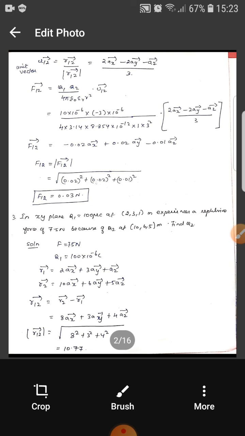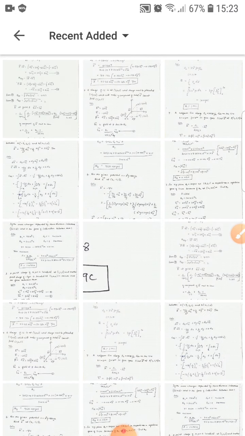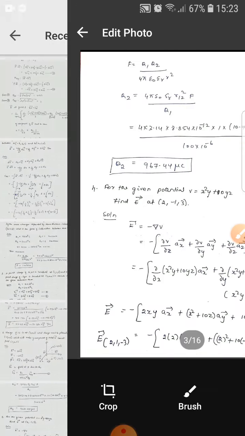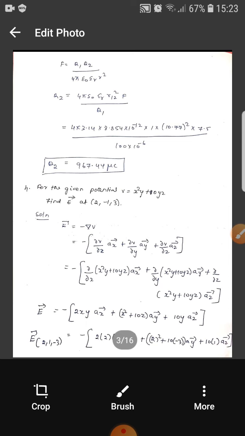Finding the distance between these two, R12 is equal to 8Ax plus 3Ay plus 4Az. Then the magnitude of R12 vector is equal to 10.77. Next, the force is given by the formula Q1 Q2 divided by 4 pi epsilon naught epsilon R square. Now from this formula we are supposed to find